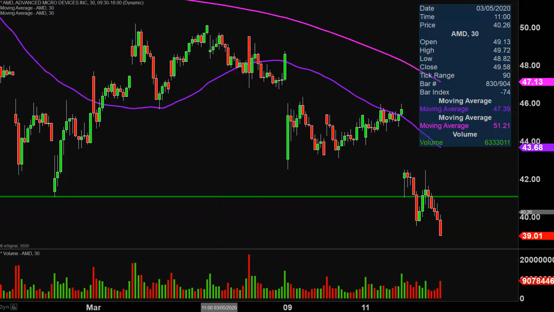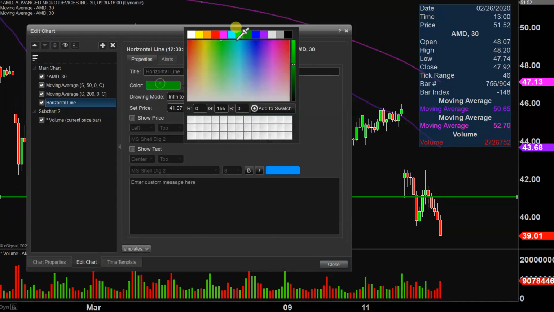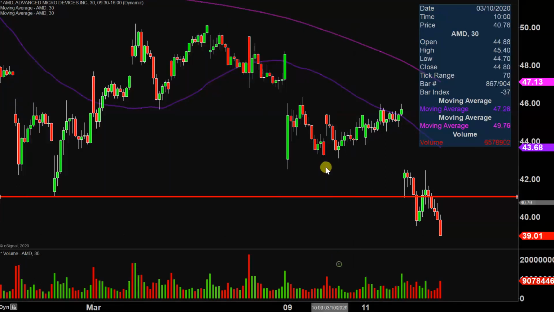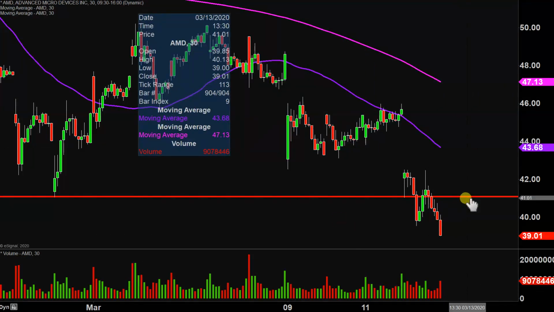And the reason I go through all that is because there is a foundational rule in charting which states when levels of support are broken and closed below, they tend to act as resistance. So with the price now down below there, on any sort of bounce to the upside, $41 is going to be that near-term level of resistance. And then for more of the overarching standpoint, keep an eye on that purple line there, the 50-period moving average, which you can see here has been quite the thorn in the side of the chart. But as of now, before I even focus on the 50-period, price needs to first break up above